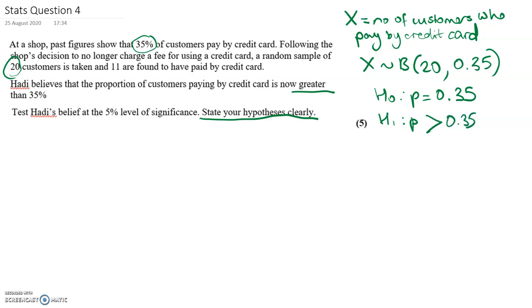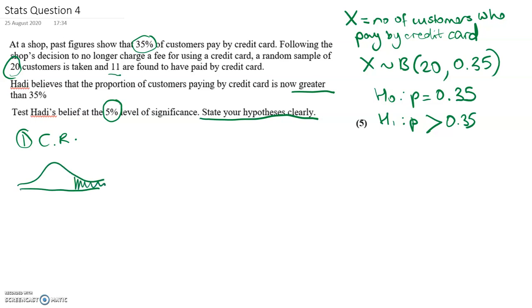Okay, there are two ways that we can answer this question. The first way is by working out critical regions, and then the other way is by testing the actual value that you're given. And I'll do both methods. Method 1, the critical region method. So because we've got 5% significance level,